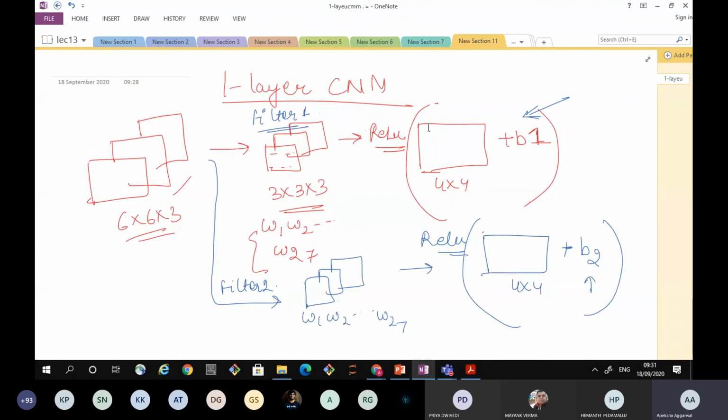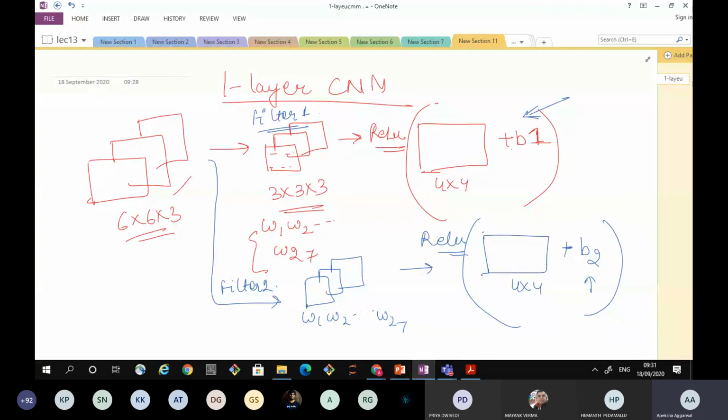What is the need of applying it? This is because after calculation, it can give me values like 200, 100. So I want to reduce my range to 0 to 1 if I'm applying sigmoid, and to some positive values, which is done by the ReLU function. Okay. So the activation function I have applied. So up till now, this is the same thing that we do in a neural network.